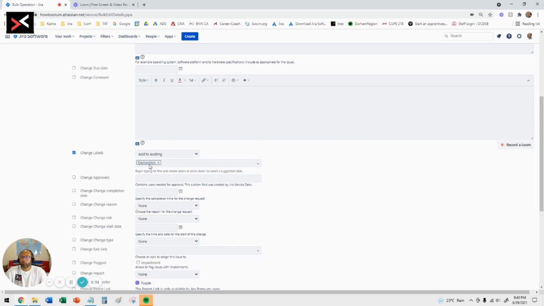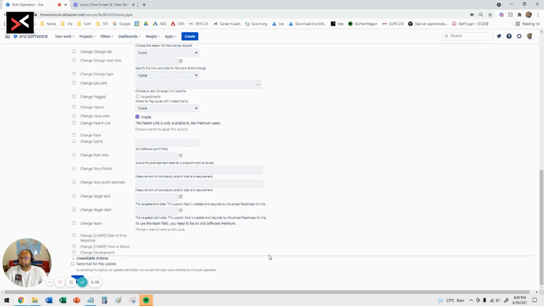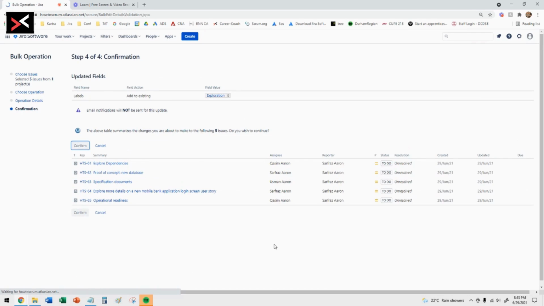So I want to add this label, and once I've done that, I don't want to change anything else. And make sure this is not selected: Send email for this update. If you are updating 200 or 300 issues with this bulk change feature, and this is ticked, it will send email to everybody on the Jira board times 200. So it's going to be annoying. So try not to do that. And once you finish with that, you just want to select